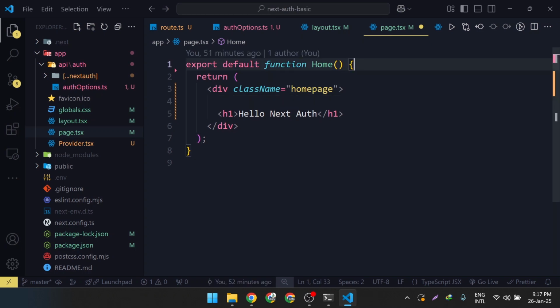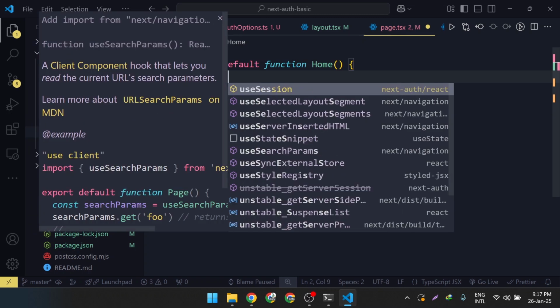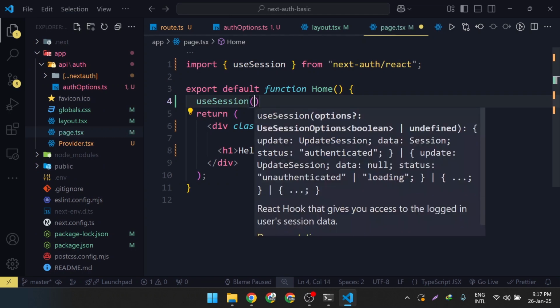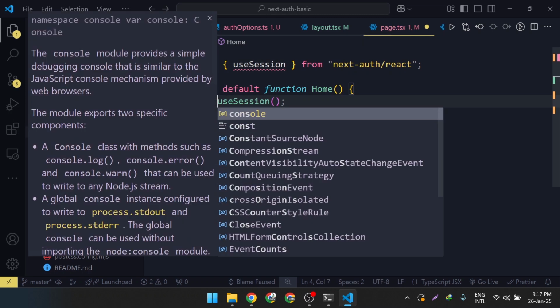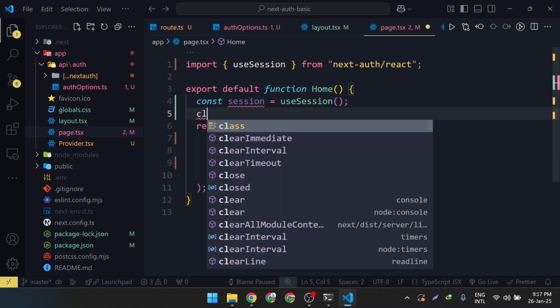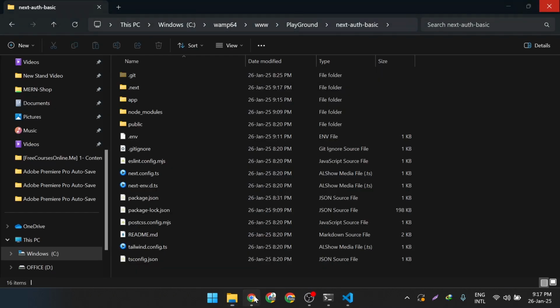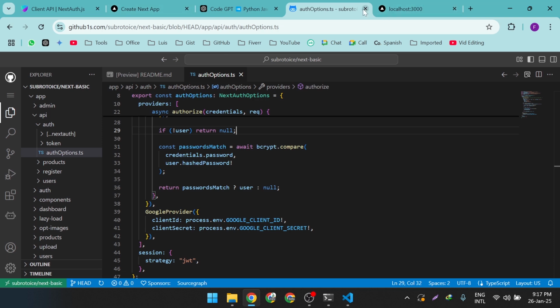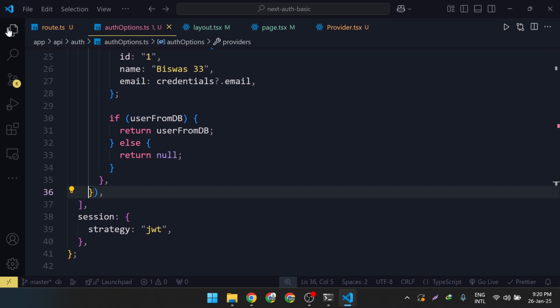In any page we can use the session, with a console log here, and we can see the token by